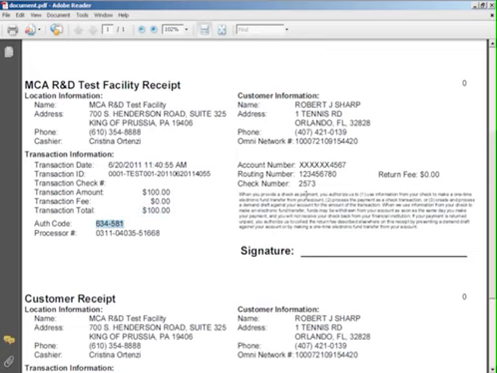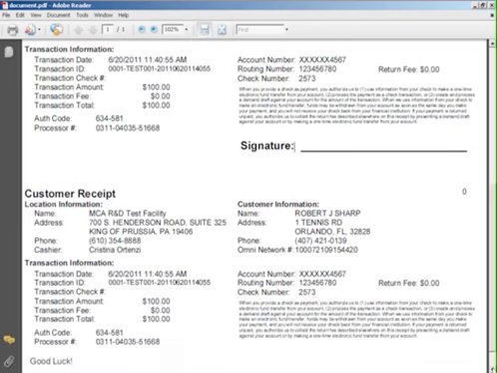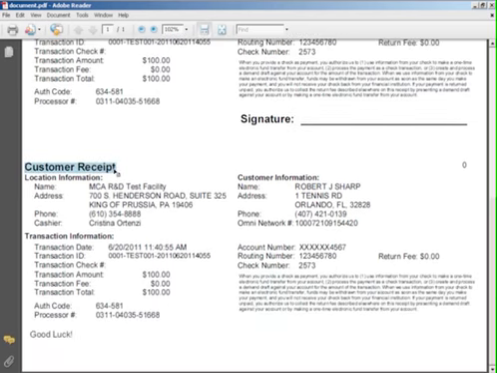In addition, the language to the right is the customer acknowledgement and authorization for an electronic funds transfer from their account for this transaction. Their signature is required, and this portion will be retained on property. The bottom segment is the customer's receipt. This is an exact duplicate of the facility receipt, including the customer's name, date and time of the transaction,